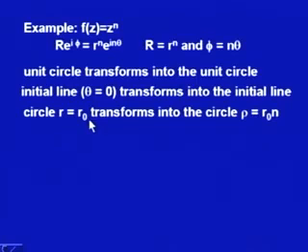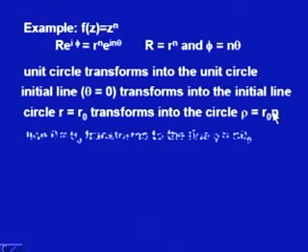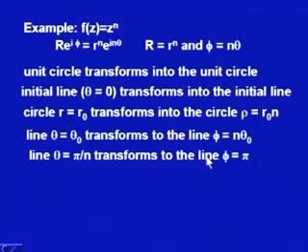Circle r equal to r naught transforms into the circle rho equal to r naught raised to power n, and line theta equal to theta naught transforms to the line phi equal to n theta naught. That means the angle will be rotated and it will be n times the original angle theta naught, and line theta equal to pi by n in particular will transform to the line phi equal to